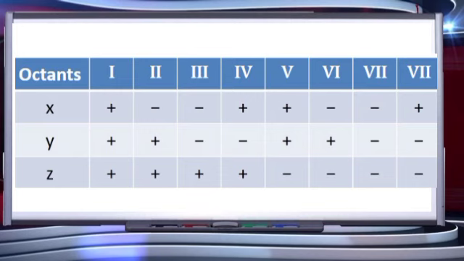Once you know this table, our first 4 values, that is in first, second, third and fourth, you already know that x and y places their value in which way. Only we need to remember for till 8th octant. I hope this is clear to you all. So this is what you need to revise today. And tomorrow we will be starting with the exercise 12.1 based on these formulas.